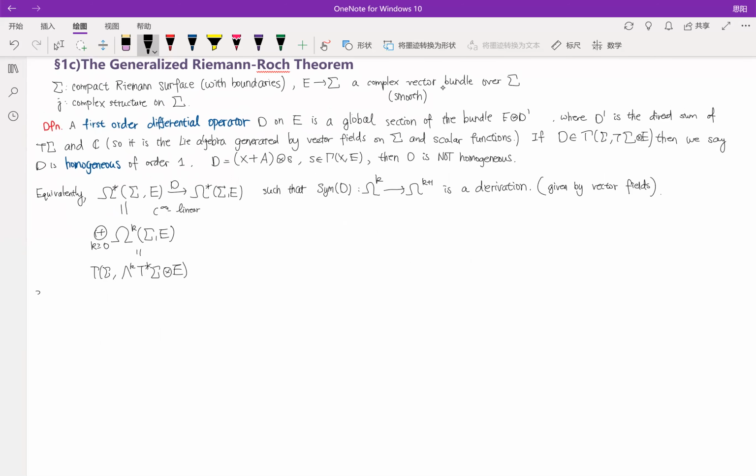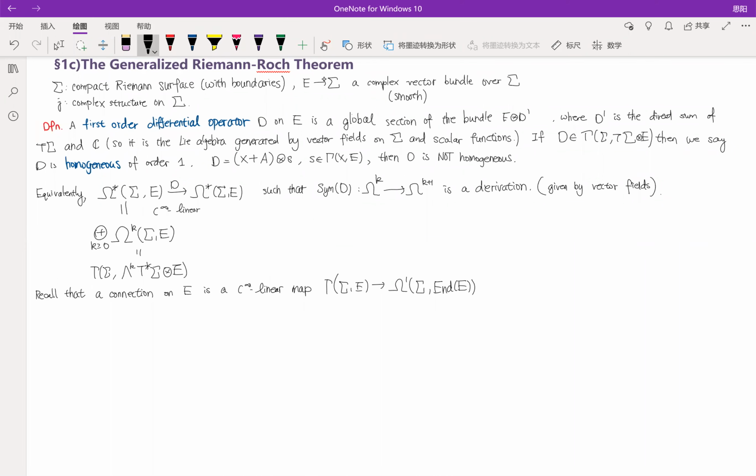So recall that a connection on E is a C infinity linear map from E to the omega 1 of sigma, and from the global section of E to the global section of the tensor bundle with values in the endomorphism, such that... no, it is just any C infinity linear map from the global section of E to this, because we know